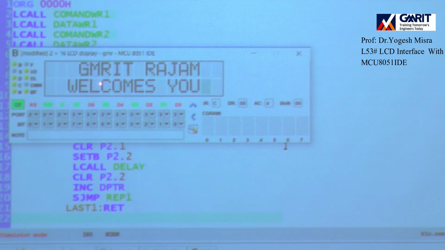Welcomes you, right? So see the second line, it starts from the third column of the second row, right?